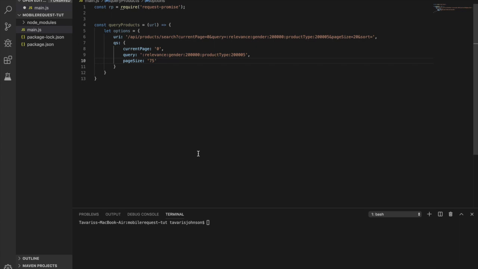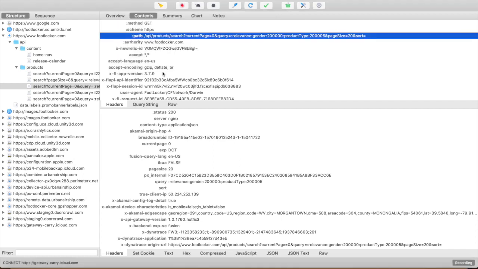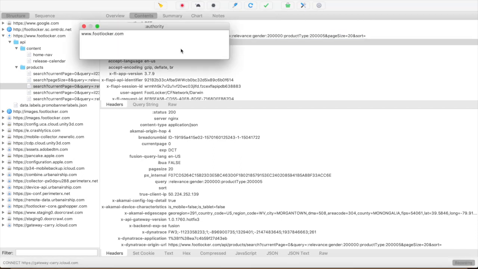I just want to show you guys exactly what you can do with this, and then you can just manipulate it your own way, figure out certain data you can retrieve and how you can manipulate that data. All right, so now we can jump back over to Charles here, and we're just gonna get some header information from Footlocker's API, and so here we're gonna look at the domain. So you just want to copy and paste that,